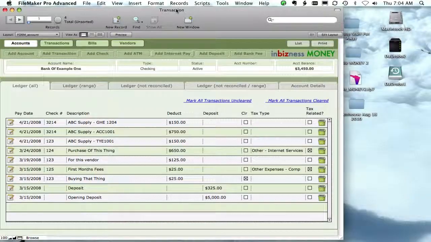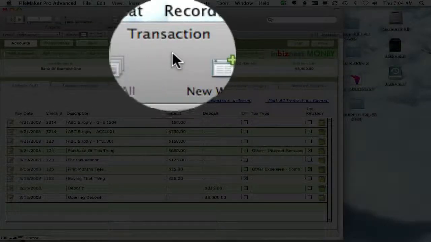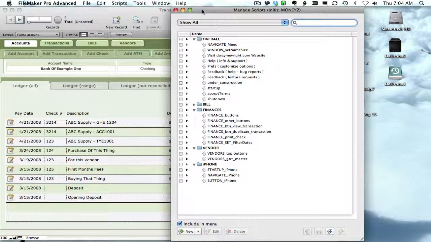www.DwayneWright.com. Hello everyone, this is Dwayne, and in this movie I want to show a technique that I've been using a bit lately for setting the window title. This is the title up here. And what you kind of want to do is to have that correspond to the module that you're in at the moment. So what I had been doing for many years was in a navigation menu,